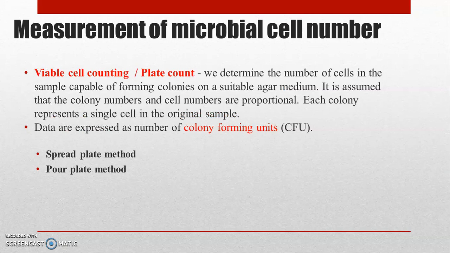Then the measurement of microbial cell number by viable cell counting or plate count. Here in this case we take into consideration only the live cells, and it is assumed that the live cells will undergo cell division by binary fission, and all the daughter cells which are formed from a single parent cell will adhere together forming a colony, and we are counting the number of colonies, and it is assumed that each bacterial colony is formed from a single parent cell in the original sample, and the data is expressed as the number of colony forming units,